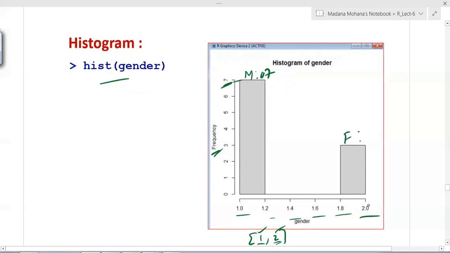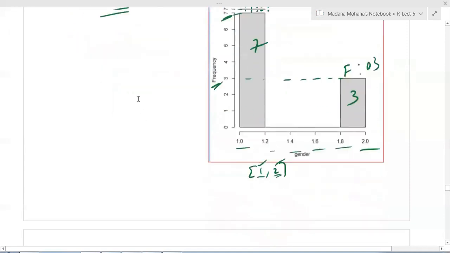It goes up to 1.8 with a 0.2 difference, from 1.8 to 2. How many females are there? 3. Here you can see the frequency is 3. So this is 3 and this is 7. This is the histogram of the gender vector without absolute and relative frequency, the normal one.